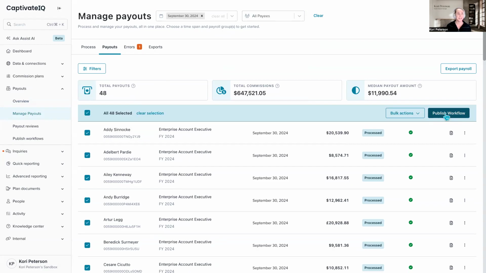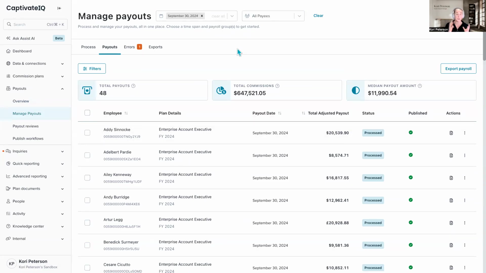So again, this can be nice if you know that everybody needs a different final person to review their statement, or even if you just wanted to be able to look at just your ramping people to look at their statements easily without digging through the weeds. Those are just some really great use cases for the groups.